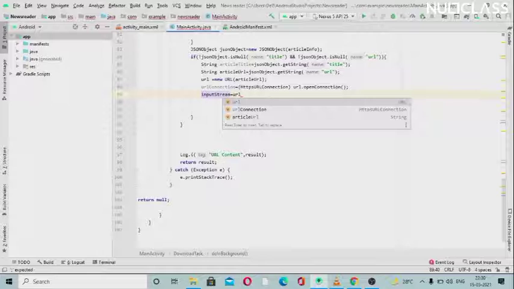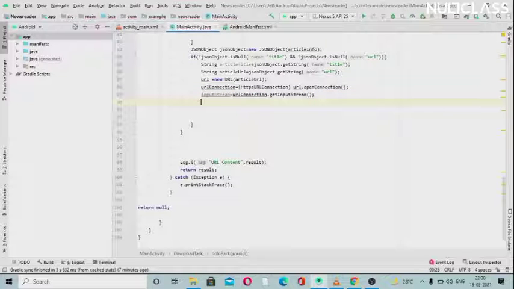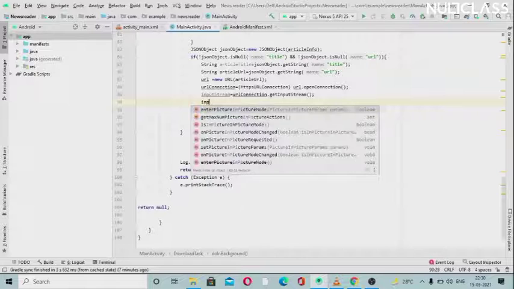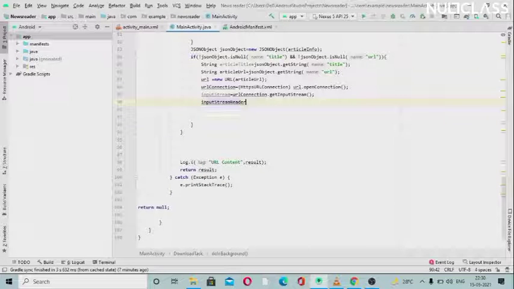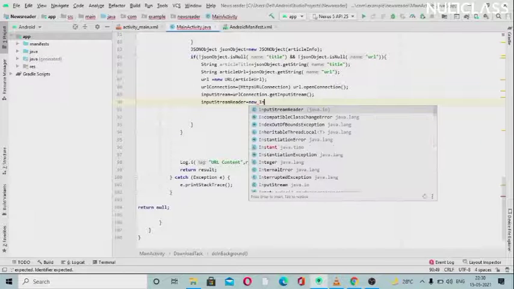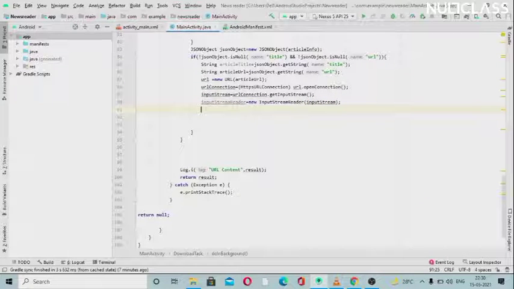So I will just use URL connection dot get input stream here, and followed by that we use input stream reader. We create a new object of the input stream reader here, and inside of that we pass our input stream. Okay, so this is the same as the previous one, this is not a new thing, we have already done this before.